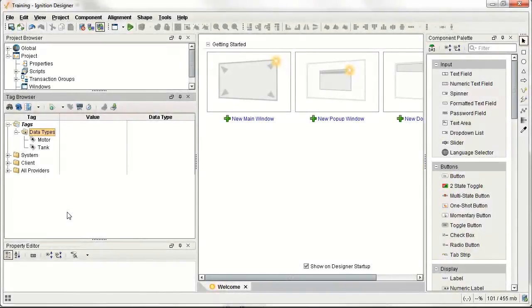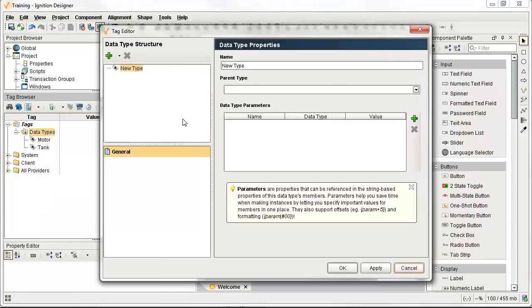It is possible to set up UDT composition in Ignition, where you're putting a UDT inside of another UDT. So for example here, I have a motor data type created and a tank data type created. I want to create a third data type called area, where every area has a motor and a tank inside of it. So I'm going to go ahead and right click on the data types, create a new one called